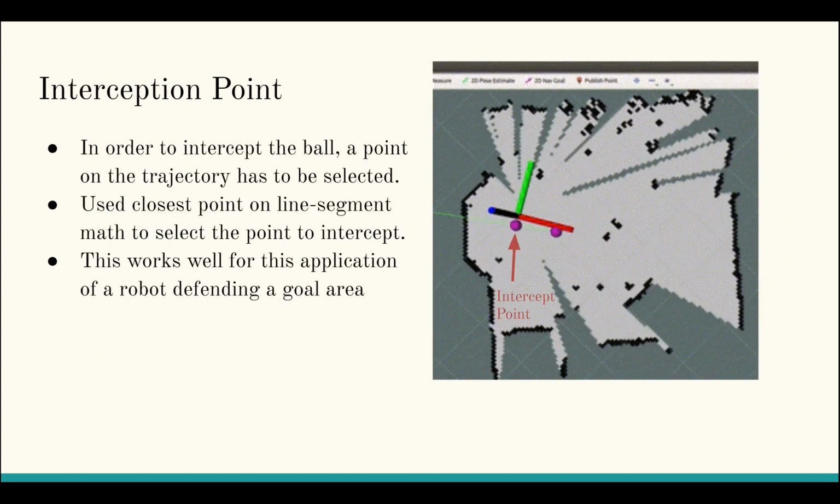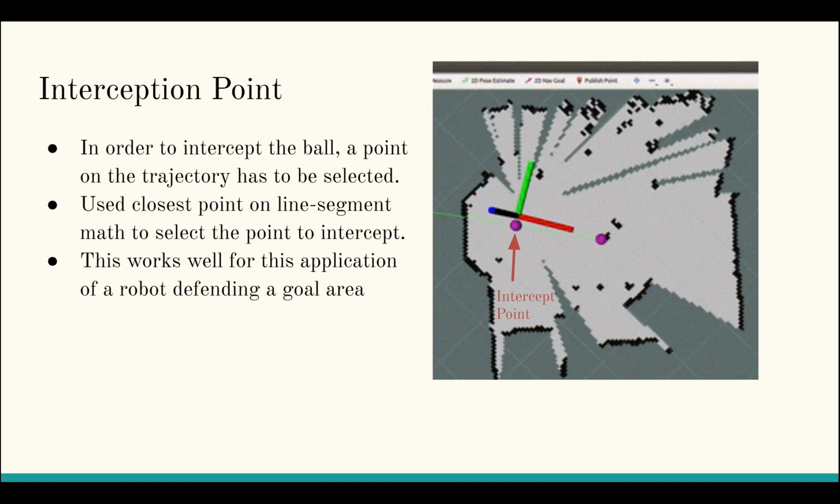So, in order to find the interception point, what we did is we found the closest point on that trajectory line, using just some math to determine which point on the line is closest to the robot. This works very well for this robot defending a goal area application because it means the robot is moving the least amount it needs to in order to intercept the ball, which was important because in such a real-time application, we just want the robot to be able to move the least amount it needs to in order to block